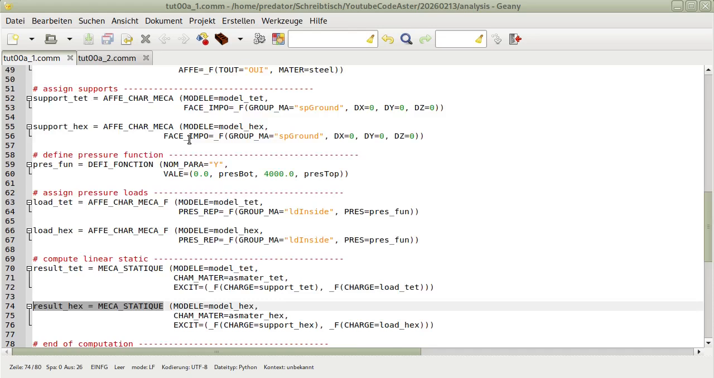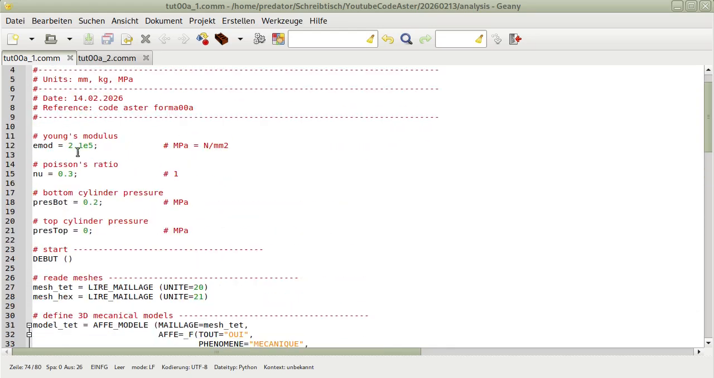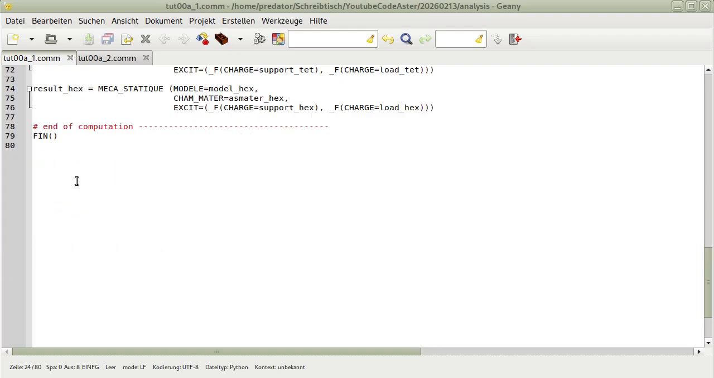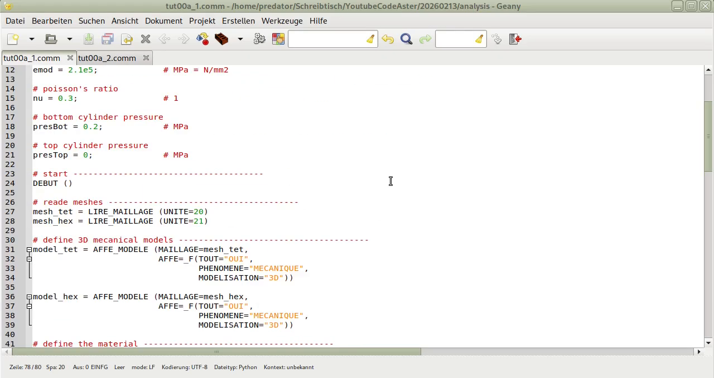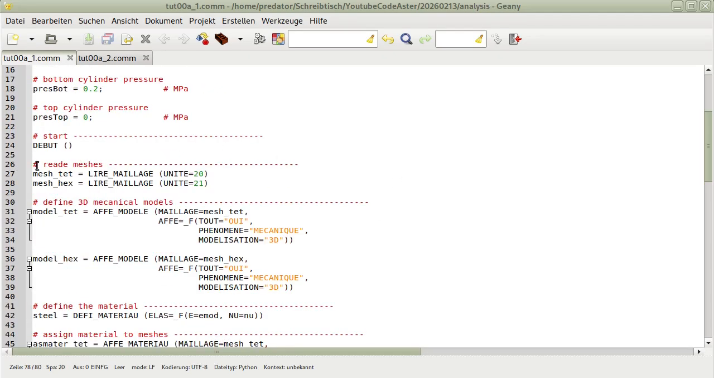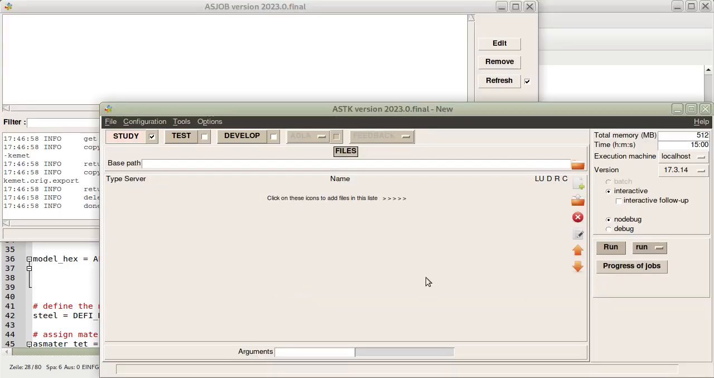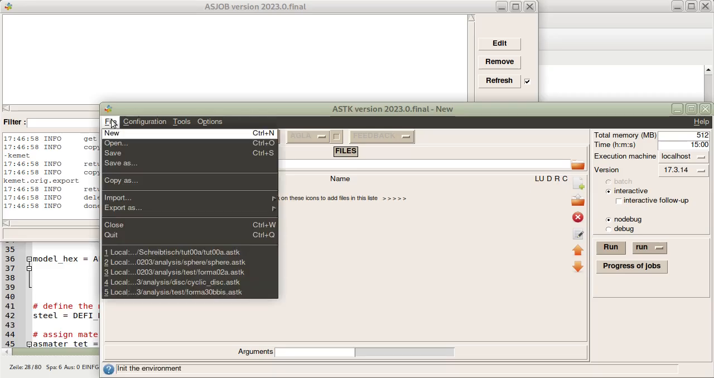So the computation begins here, the analysis in 2001, which will save the intermediate results, and continue with the 2002 command file. And yes, we are finished with the definition. Now open Code_Aster, and we will set the files for the computation. Create a new